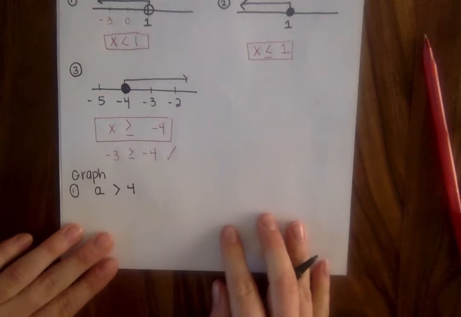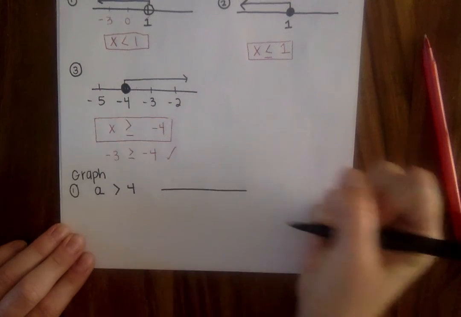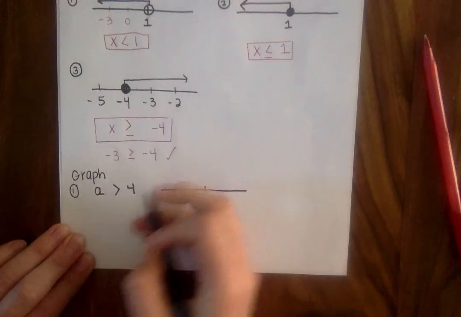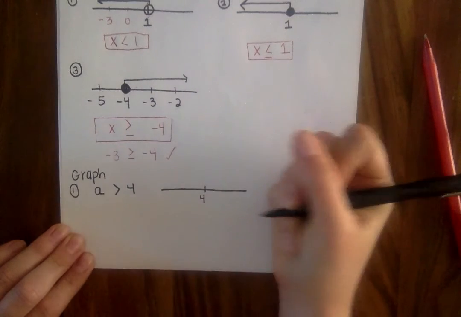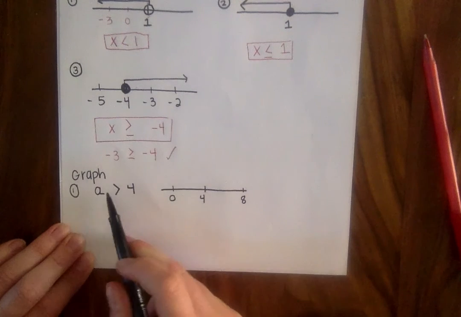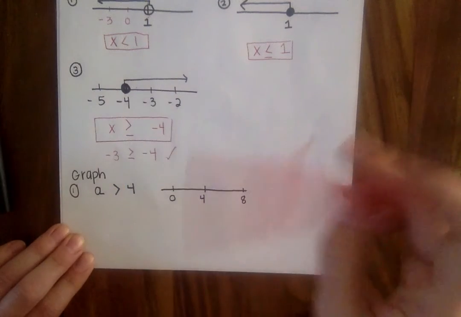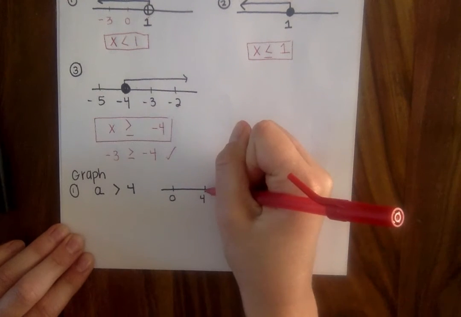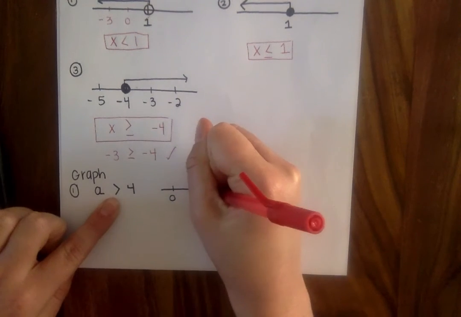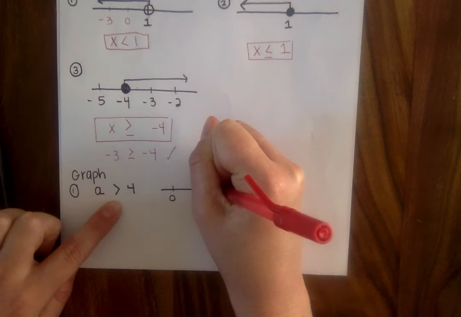So to graph this, my first step, I want to draw my number line. I want to plot where my number is that I'm talking about. So here's 4. And to give some context, I can say here's 0, here's 8. And now I need to show A can be any number greater than 4. So I find where is my number? Here's 4. Is it an open or closed circle? Open. And I'm representing A is all the values greater than